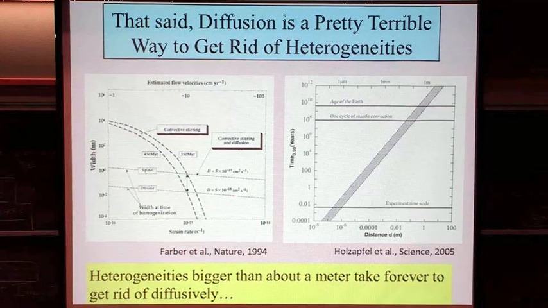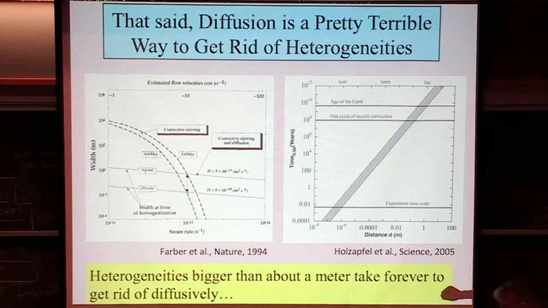The key part of this is that what erasing a heterogeneity completely depends on is convective stirring, really smearing stuff out to an incredibly fine scale. So basically just stretching stuff out to a ridiculously fine scale. I mean, you do see that in some peridotite massifs. You do see little blebs of eclogite in there that look like they want to go away at some point if you cook it long enough.